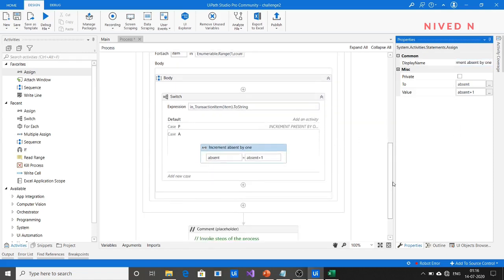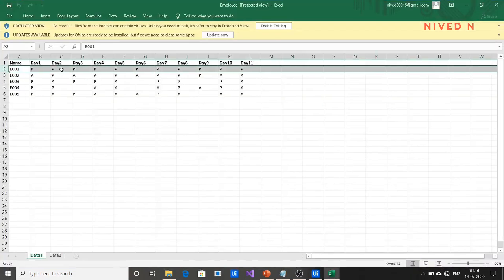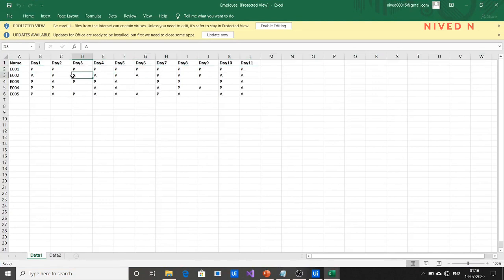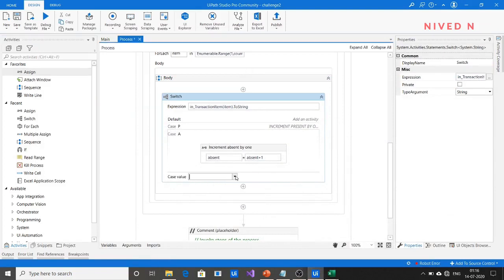Okay, next, third case. What is the third case? We have dealt with the present case and the absent case. Next is when there is neither present nor absent, that is a null value case. So you have to provide the case value as empty.